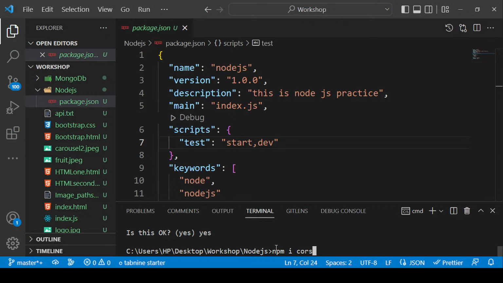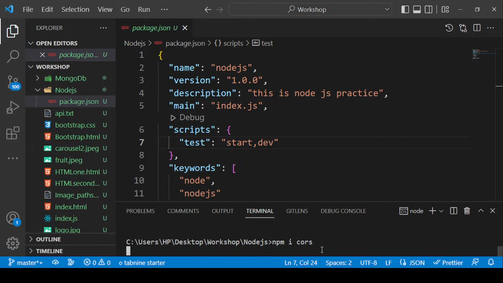cross origin resource sharing, the CORS package, allows a server to indicate any origins, like a domain or port other than its own, from which the browser should permit the loading of other resources, etc. So for the CORS package, first of all we will run npm i and the package name. You can include a different package name here other than CORS also. So if I press enter, then it will start